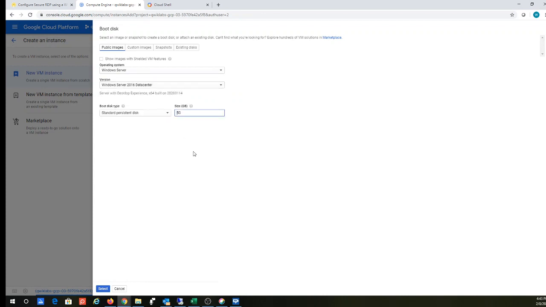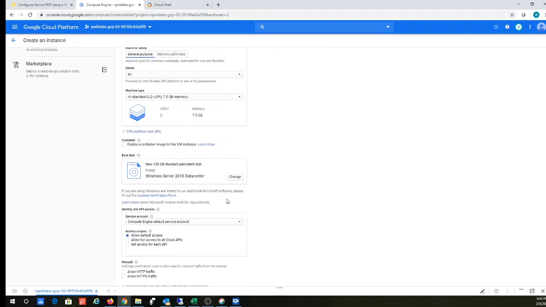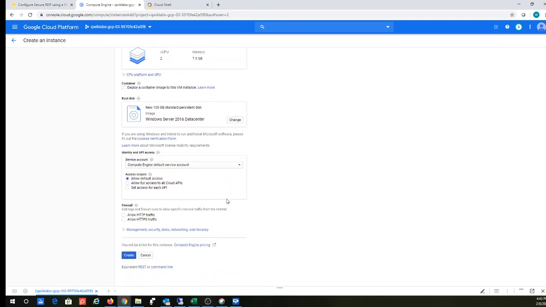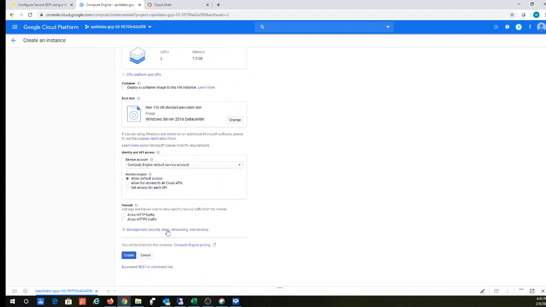Increase the size to 150 GB, and I select this one. Bastion host. And we need to click on management, security, disks, networking, sole tenancy